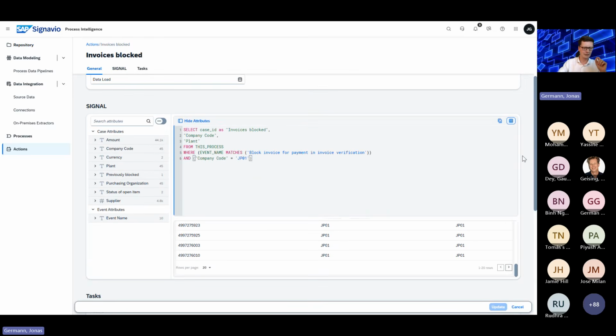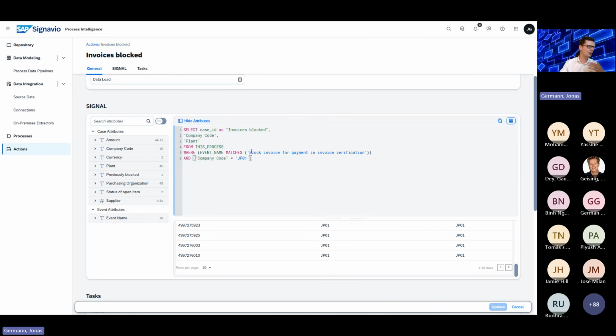Where do I describe my case or the thing which happens when I collect the data from process mining? Here, I can use the attributes which are available based on the data I'm collecting in process mining. In this case, I collect the information for the action invoice blocked, company code, and plant. For our use case, it makes sense to send the accounting guys the ID of the blocked invoices. The company code and the plant, they cannot do something with this information, so I thought this makes sense.